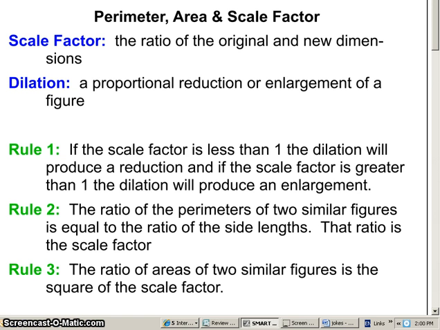We are going to take a look at section 5.9 again, but we're going to look at what happens to the perimeter and the area of shapes when they are either enlarged or reduced. So we've talked in class about reductions and enlargements, and we've taken a look at scale factor. Scale factor tells you how many times something is enlarged or reduced. And what we're going to focus on today is what happens to the perimeter and the area of those shapes